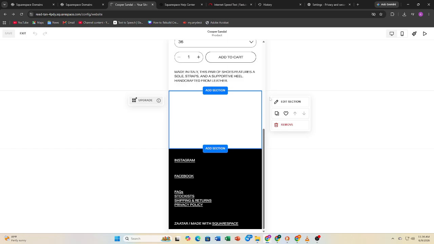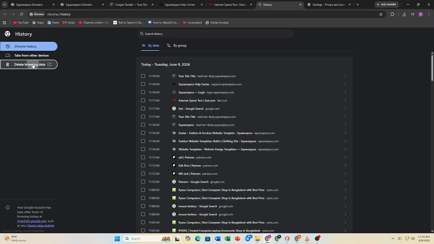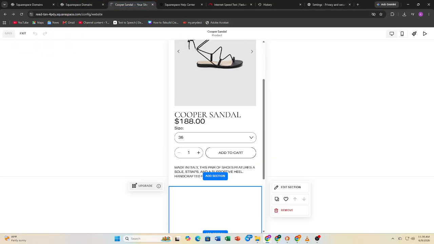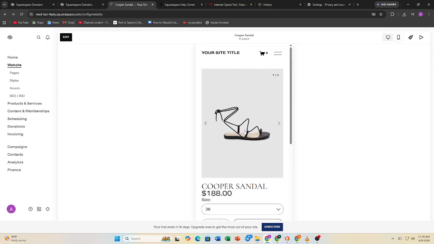Finally, clear your browser cache and test your site on an actual phone. Sometimes the editor preview and real mobile view can differ slightly. And that's it. Most Squarespace mobile view issues are caused by spacing, images, or layout complexity, and they're easy to fix once you